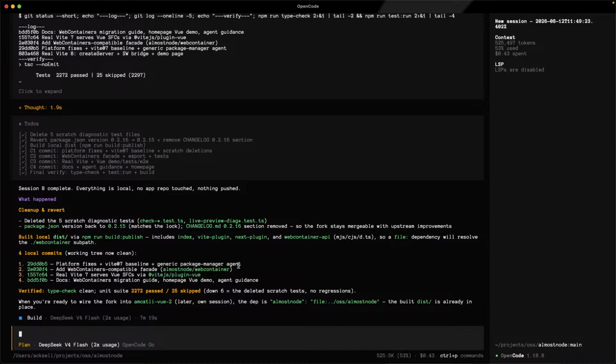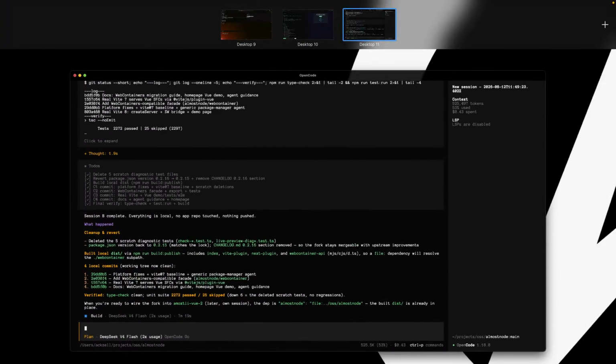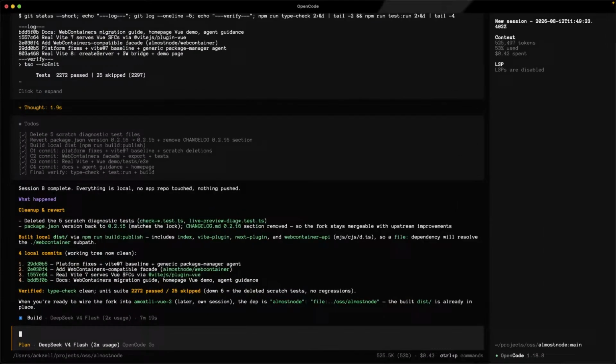And the last step in all of that is to basically integrate it into Amoxtli Vue 2, right? So this is Amoxtli Vue. So this is why I committed those changes in a very sloppy way. But anyway,